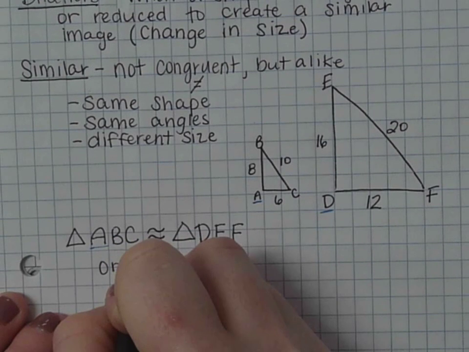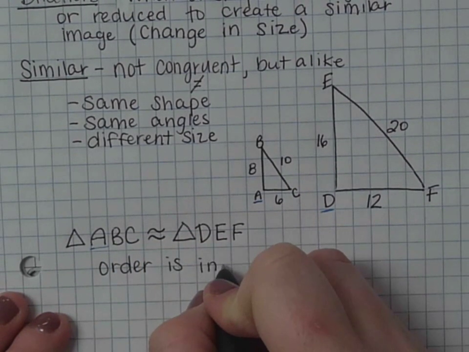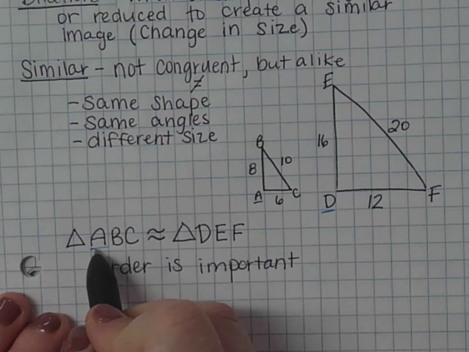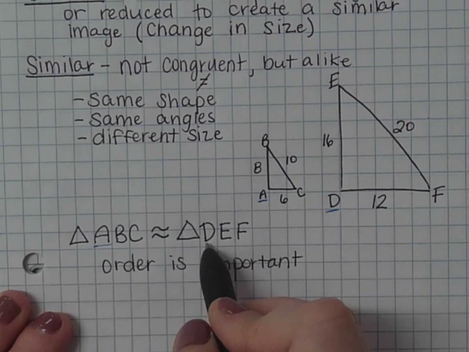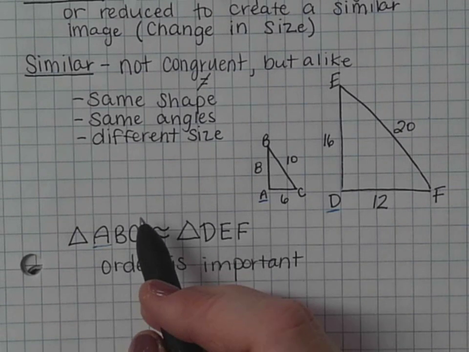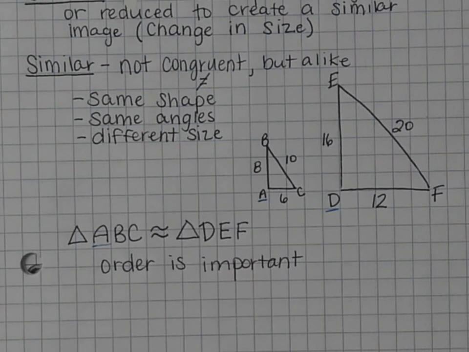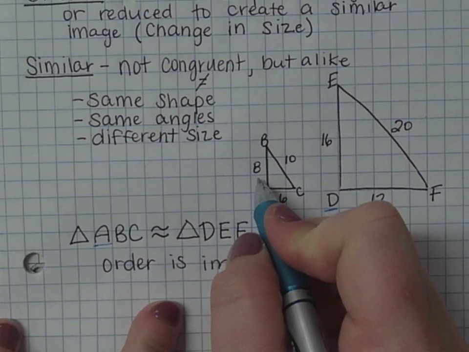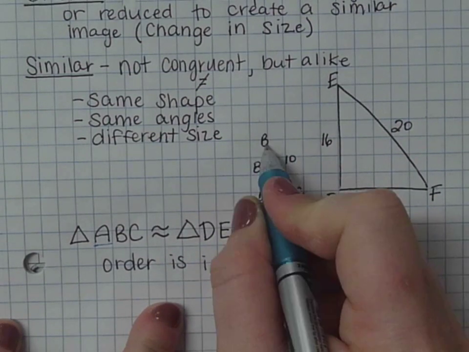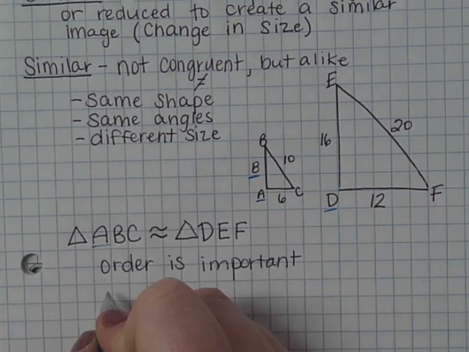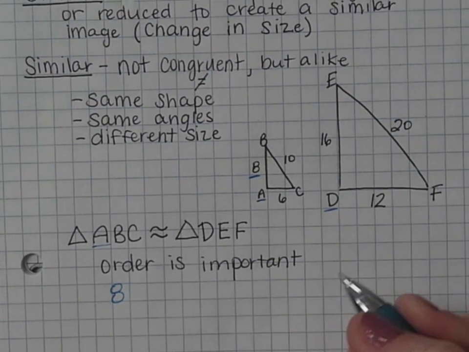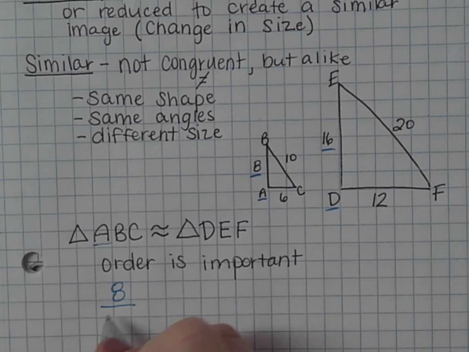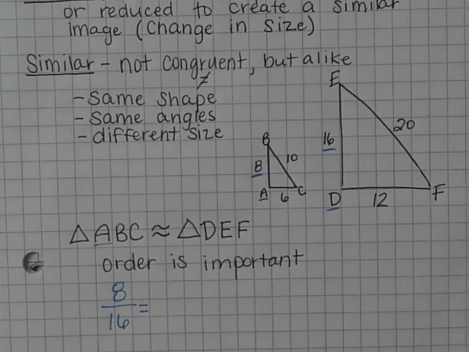And the order is important. So that means angle A is similar to D and B, E, C, F. Okay? Now, a lot of times when you're talking about similar, you'll see them set something up. So if we look at side AB, it's 8. Side DE is 16. So if you divide those,